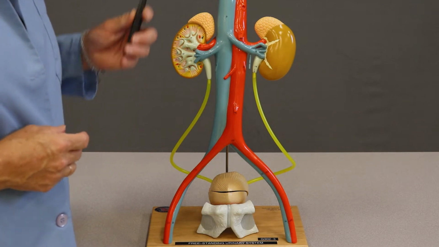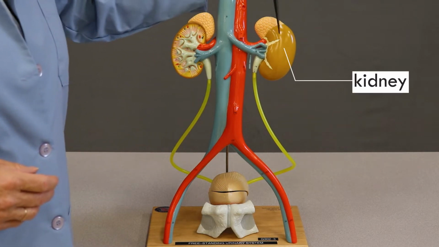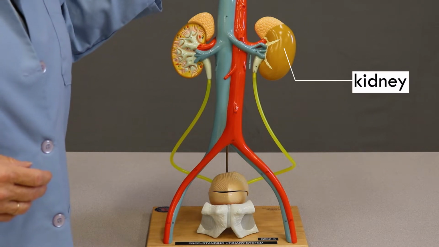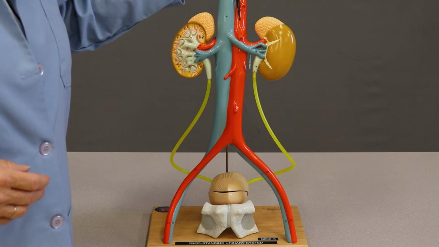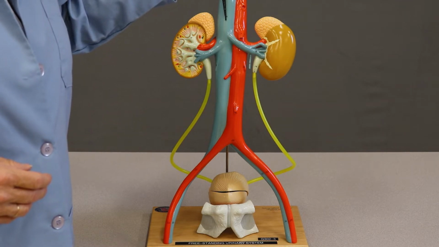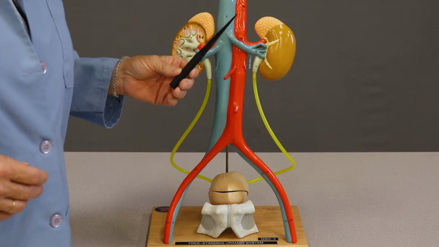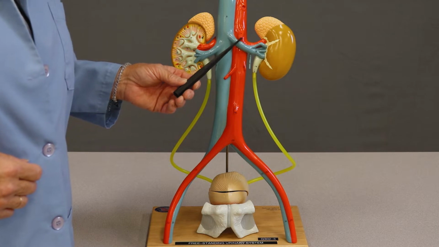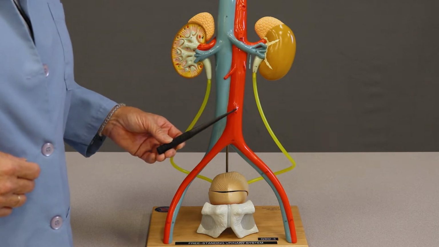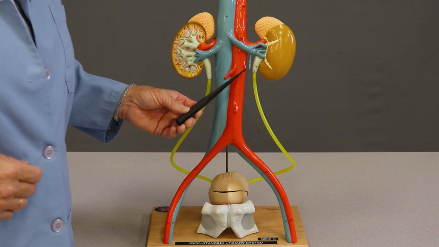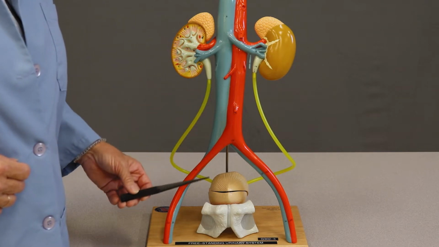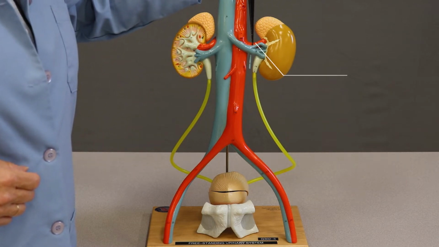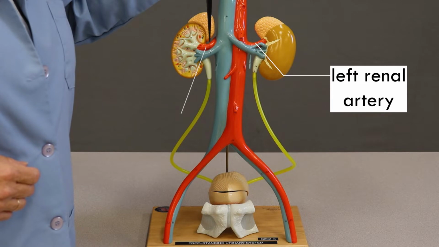So the urinary system is composed of the kidneys, which actually make the urine. And just to refresh your memory, here we have the aorta and the inferior vena cava. And remember, there were some prominent arteries that came off of the aorta. We had the superior mesenteric artery, we had the inferior mesenteric artery, and these are those gonadal arteries heading down towards the gonads, okay? And then this would be the left renal artery, and then this would be the right